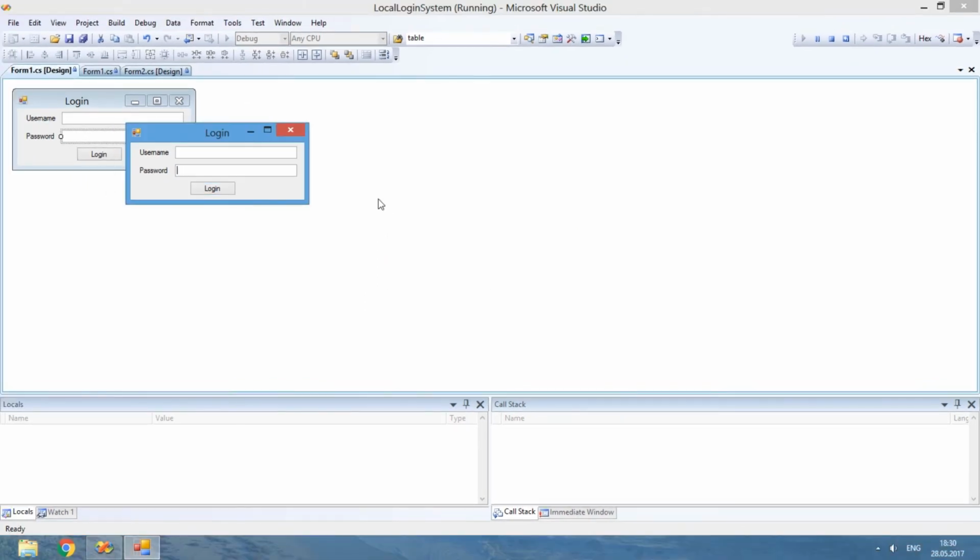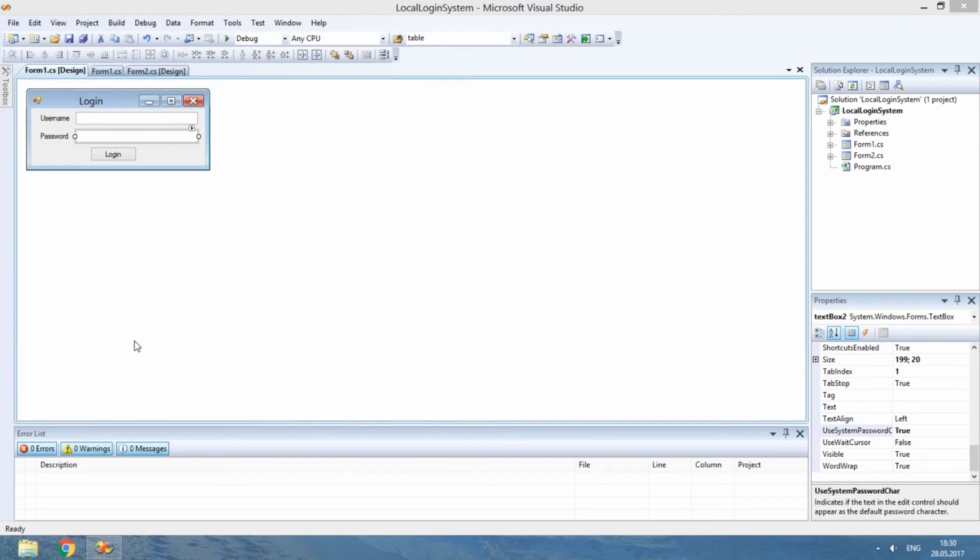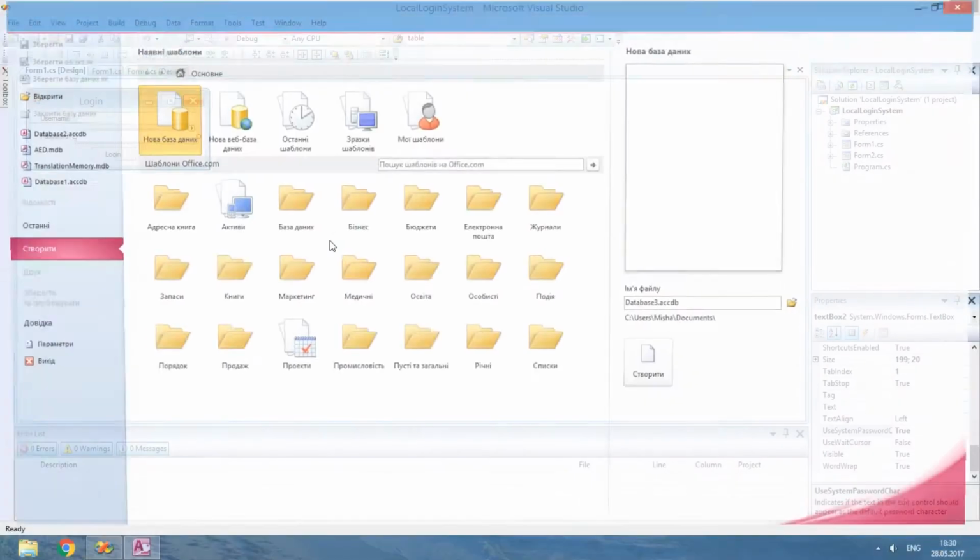And now we will look at the third way of storing the data, databases.